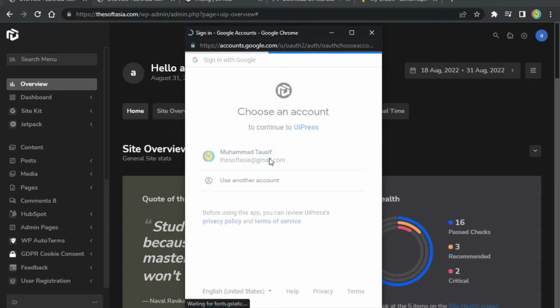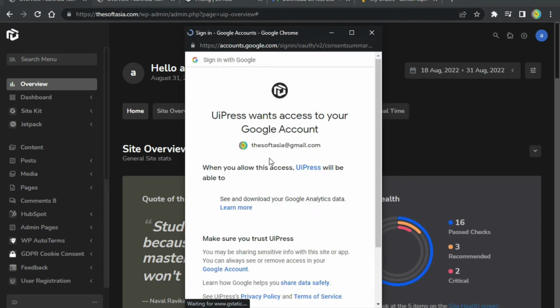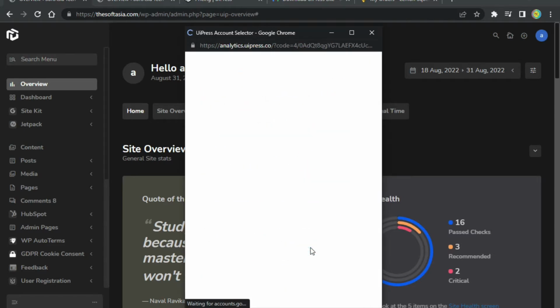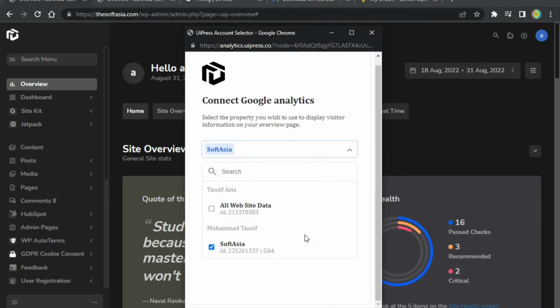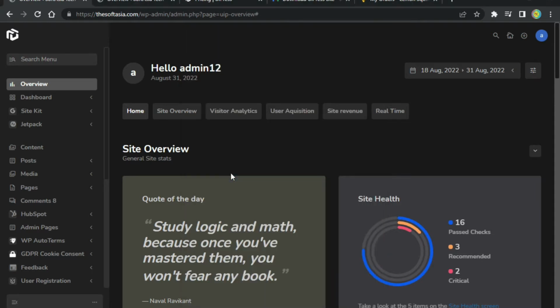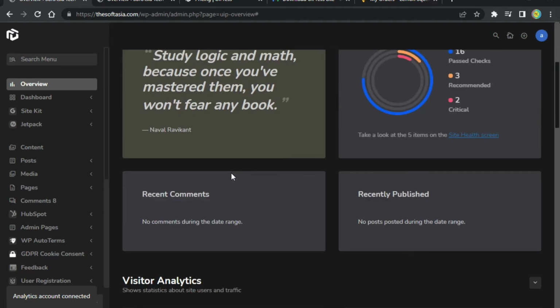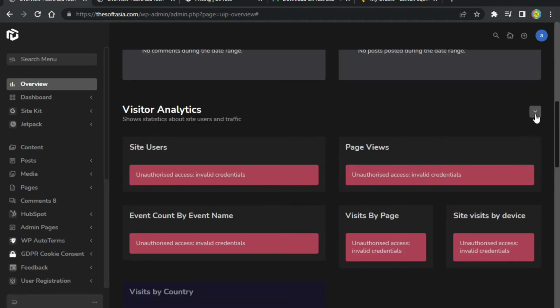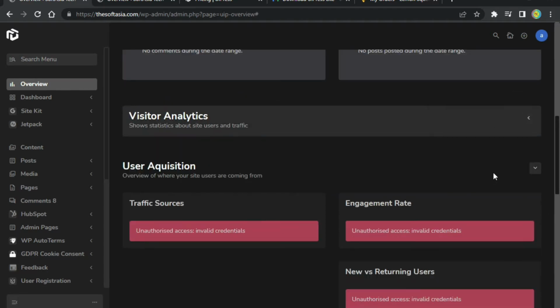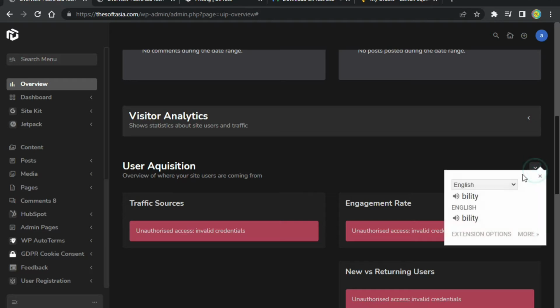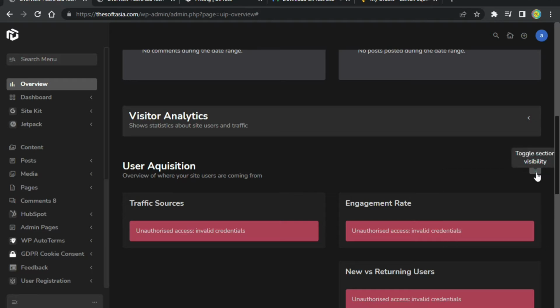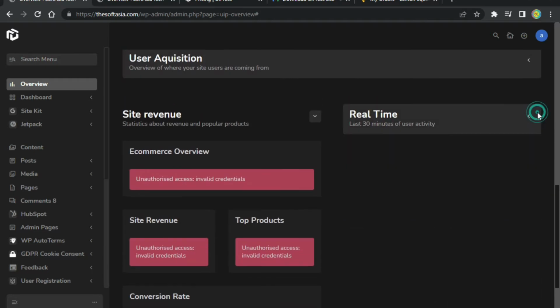Connect your account and click continue. Select your website and click on connect. Now scroll down. You can collapse them like that. I will also collapse them. I will collapse all these